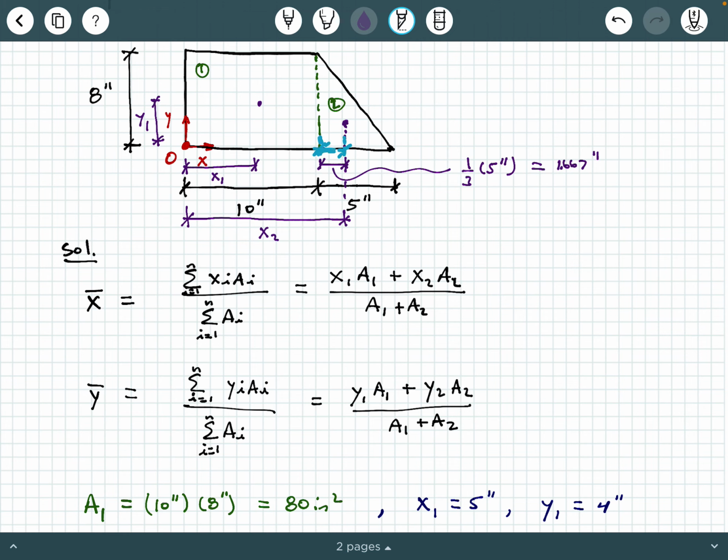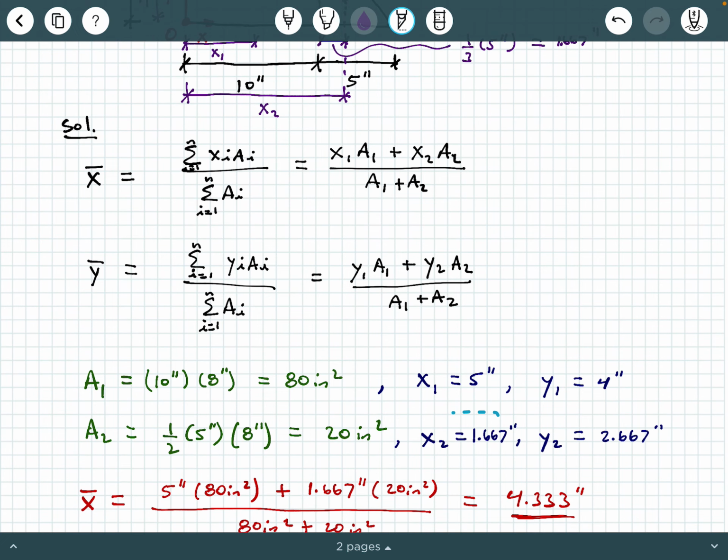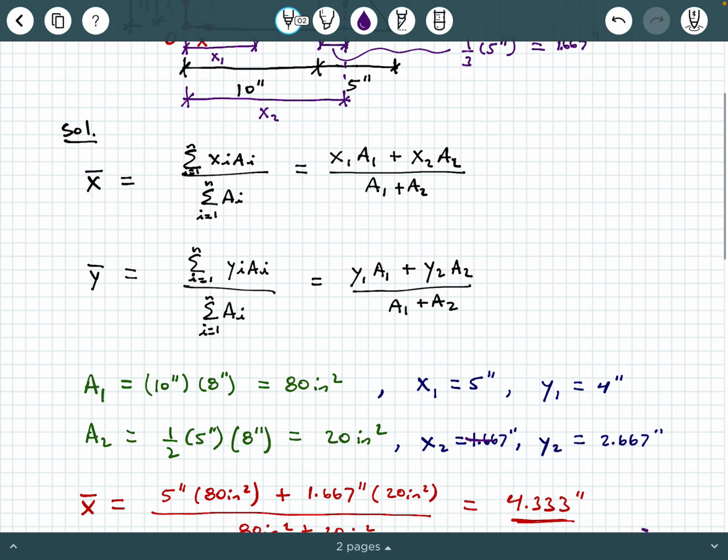That's not really X2. In order to get X2, you have to add this full 10 inches to it, because again, X2 is measured from our origin over to the X coordinate of that triangle. So X2 is actually going to be 11.67 inches. So I'm going to come down here, and you see where I made my mistake earlier. I only counted it as 1.667 inches. In reality, what I should have written is